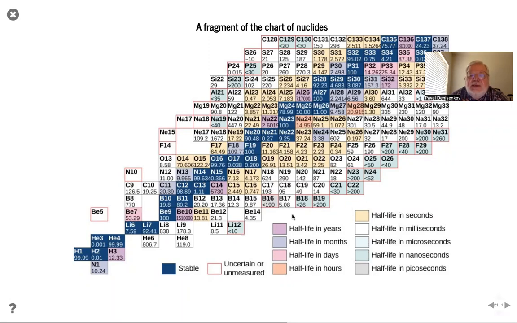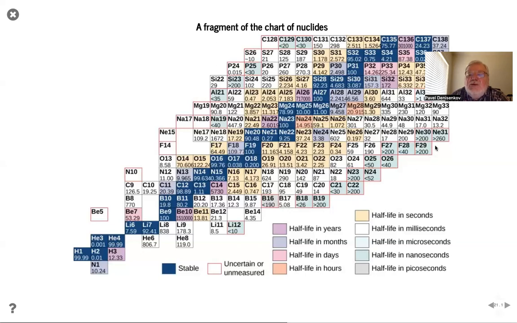The half-life of the isotopes closest to the valley of stability is shown in years, then months, then days, hours, seconds, milliseconds, microseconds, and so on. Finally, when we approach the right, the so-called neutron drip line,